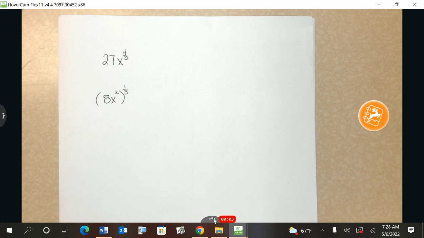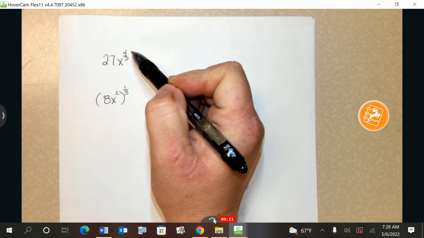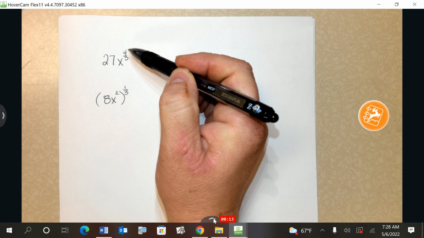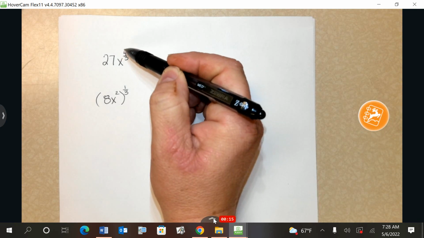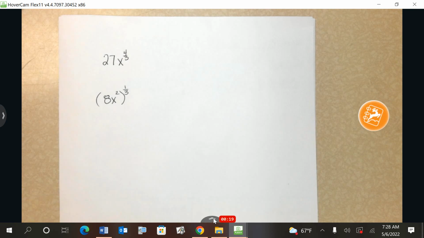In this video, I'm just going to review a few basic concepts from the radical unit. So, there's two different forms. These are in rational, which means fraction, rational exponent form. So notice again, we have a fraction in the exponent position, rational exponent form. If we want to put them in radical form,